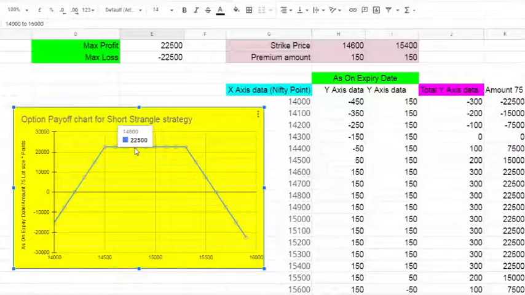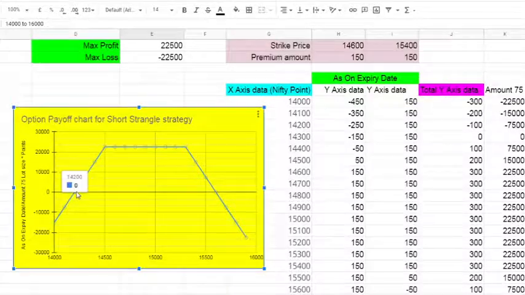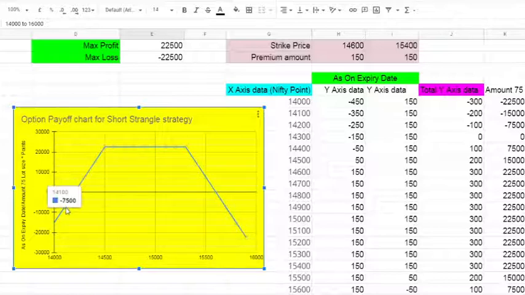See, at the 22,500 profit, when the Nifty is at 14,800. So from 14,500 to 15,300, you have got 22,500 profit. Then your profit starts reducing. Okay, your profit starts reducing once the Nifty goes below 14,200, and you start making losses because you have the obligation to pay it back. Your received premium is now less, but your obligation is more, so you will start making loss.